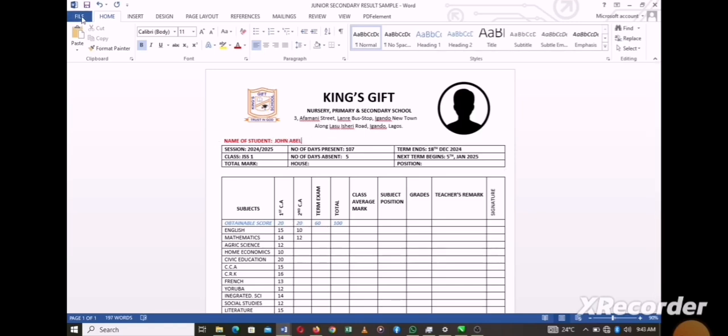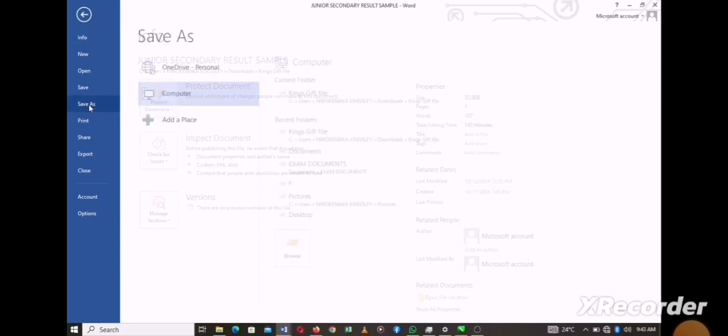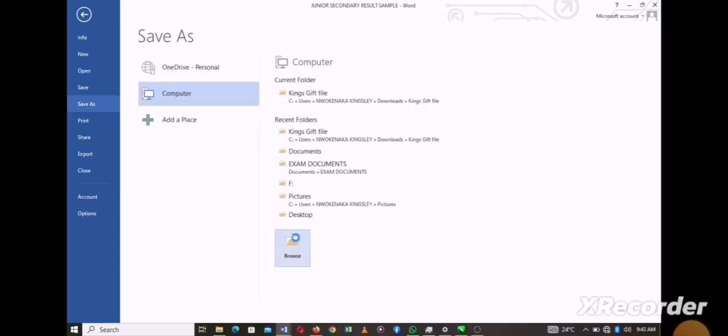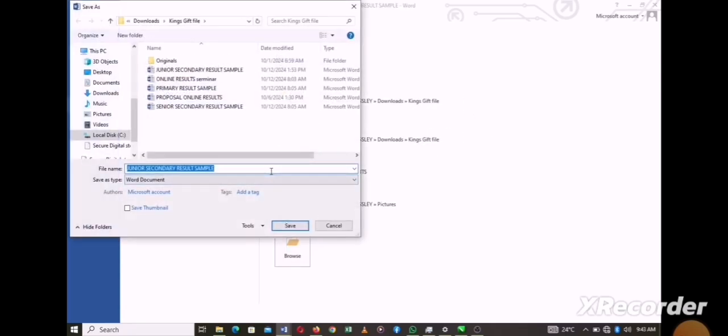We go back to file and click on save as. Now we click on browse. So now we need to change the name to John Abel JSS1 first term results. John Abel JSS1